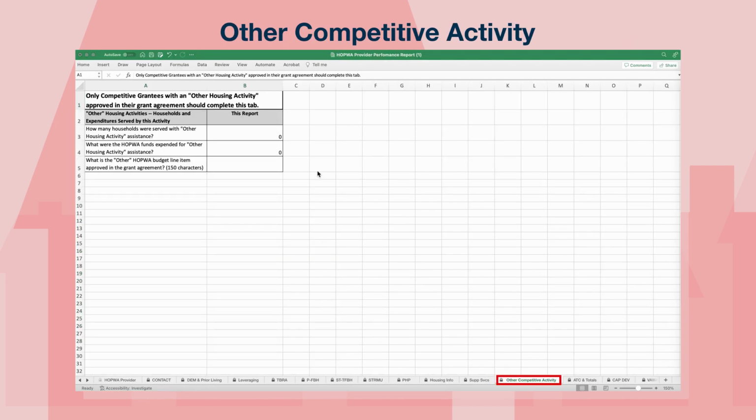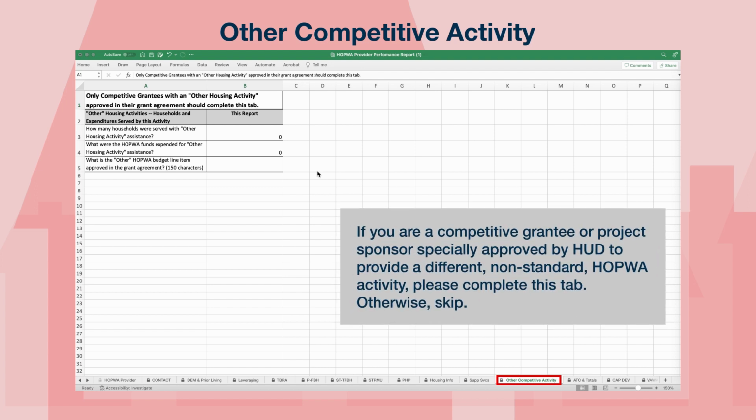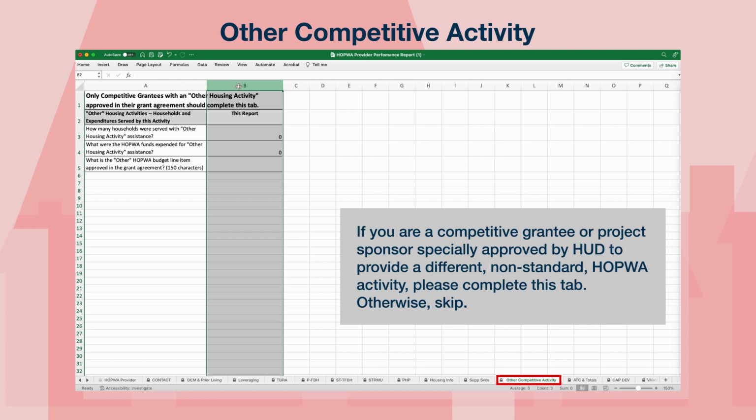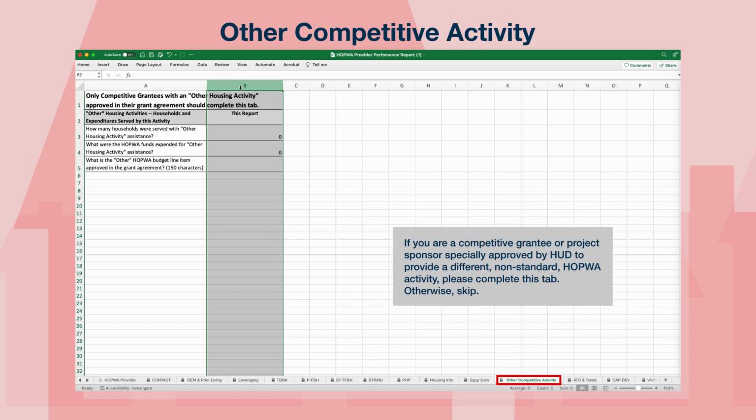Other competitive activity. If you are a competitive grantee or project sponsor who has been specially approved by HUD to provide a different, non-standard HOPWA activity, please complete this tab. Otherwise, skip. On this tab, simply complete column B with the total number of households served, the total amount of